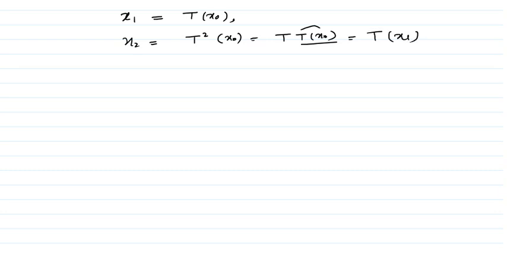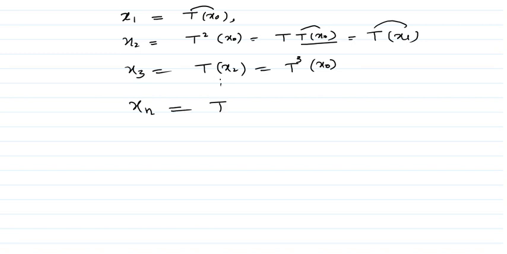and first it's T of x naught, x1. So the point you get by applying T on x naught is x1, and you apply T on that. Actually that's the next point. Now what will be x3? You are now applying T on x2, which is actually T cube on x naught. That you can easily verify, and so on and so forth. You will define xn equal to T n of x naught, and that's actually T of the n minus 1th point. Okay, like this. This is for all n greater or equal to 1. So we show that this xn